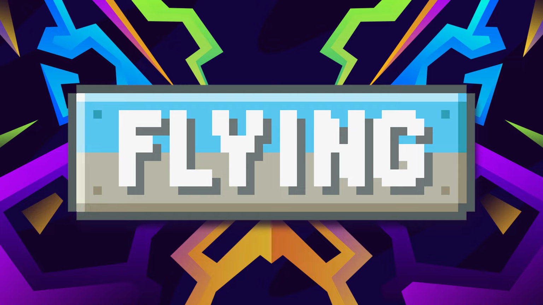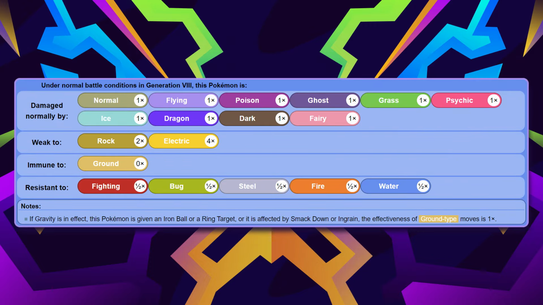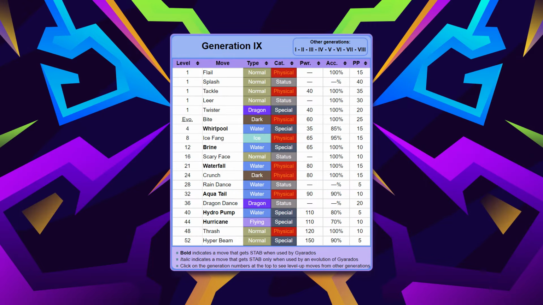We have another returning Pokemon for our Flying-type entry, with one of the strongest in-game Pokemon of all time being Gyarados. Gyarados is probably one of the lowest drawback Pokemon you can possibly use in any game, with a strong typing of Water and Flying, as well as the ability Intimidate. Gyarados having access to moves such as Dragon Dance, Ice Fang, Crunch, and Waterfall all through level up allow it